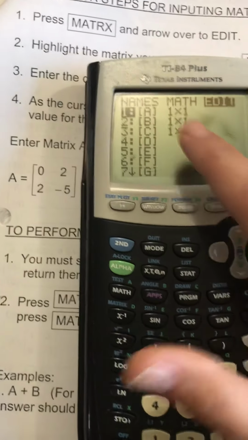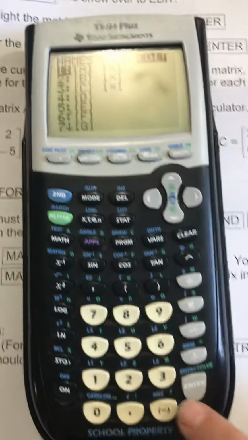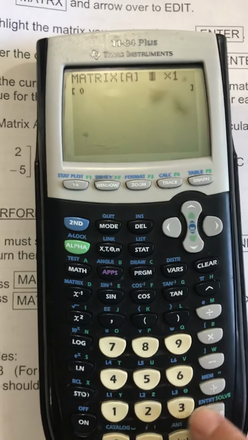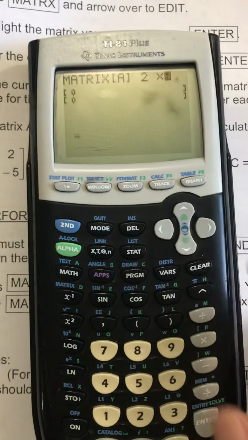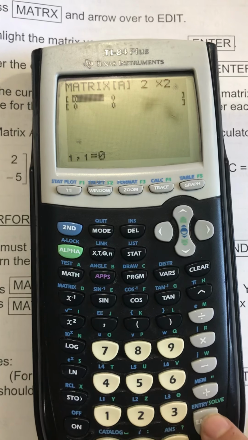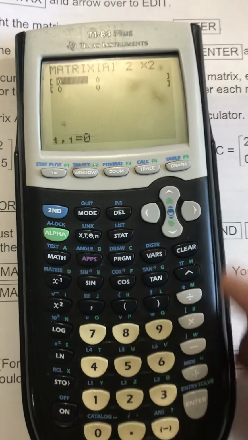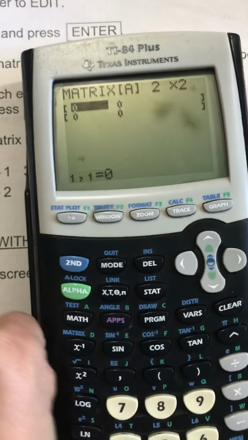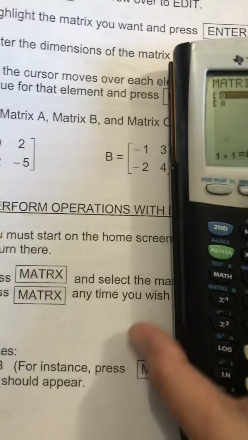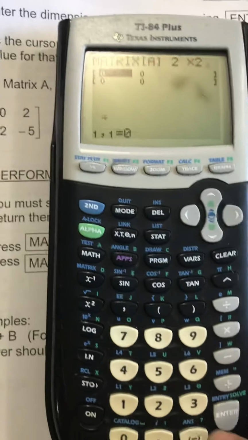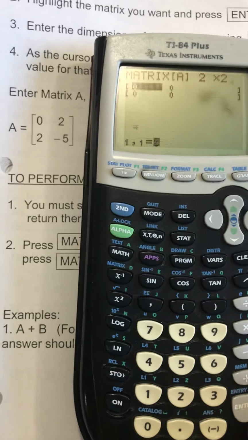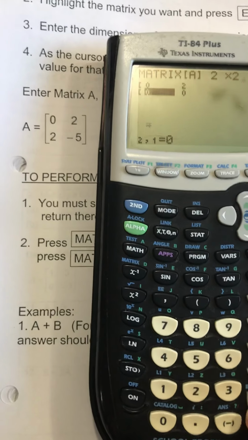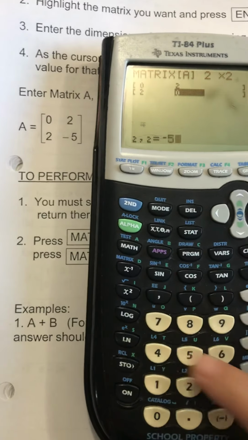So you're going to go to edit, and then you're going to scroll down to A, and you're going to hit enter. And now you have to put the dimensions. So it's a 2 by 2, enter, okay? Now you're going to type the numbers in. So see, there's zeros in there. So you're going to type in 0, enter, 2, enter, 2, enter, -5, enter,